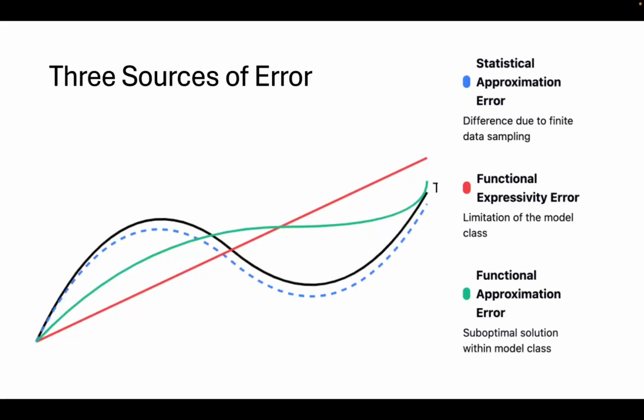Functional expressivity errors relate to the model's architecture. It's about whether the model is theoretically capable of representing the true distribution, regardless of training. Lastly, functional approximation errors are about how practical the training is. Basically, how we actually get the model to learn. It includes issues like getting stuck in local optima or biases in our training algorithms. All three types of errors can compound over generations of models, leading to the progressive degeneration described in model collapse